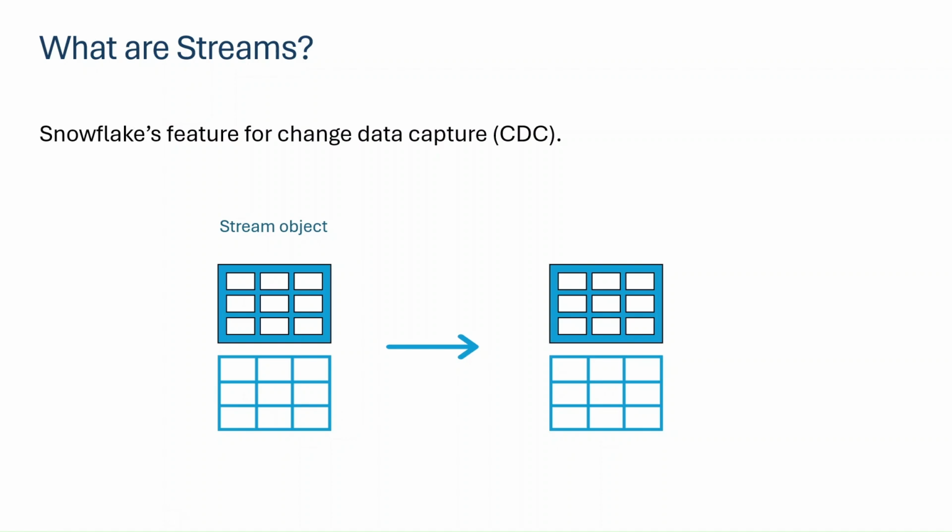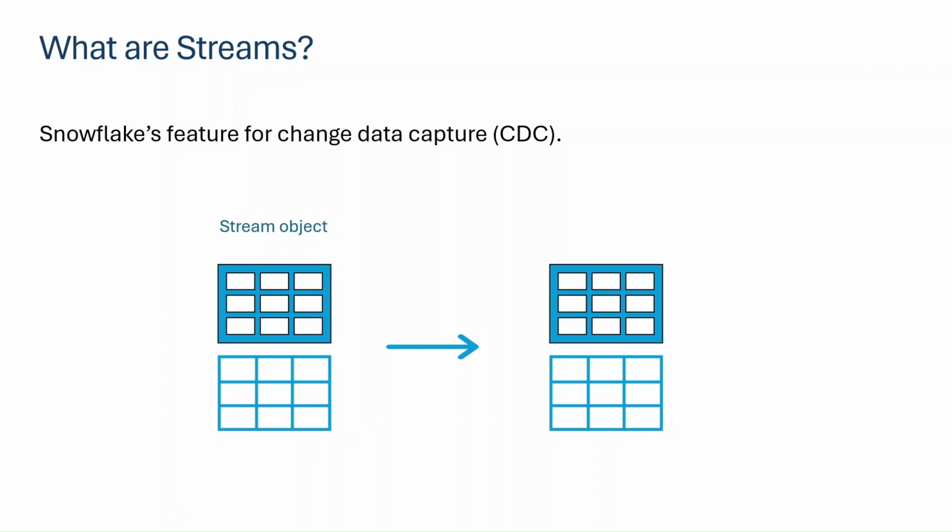When a DML operation occurs on the table, like insert, update, or delete, the changes are reflected in the stream object. So for example, if a table has three columns and there are changes like updates or inserts, the stream object will capture these changes,